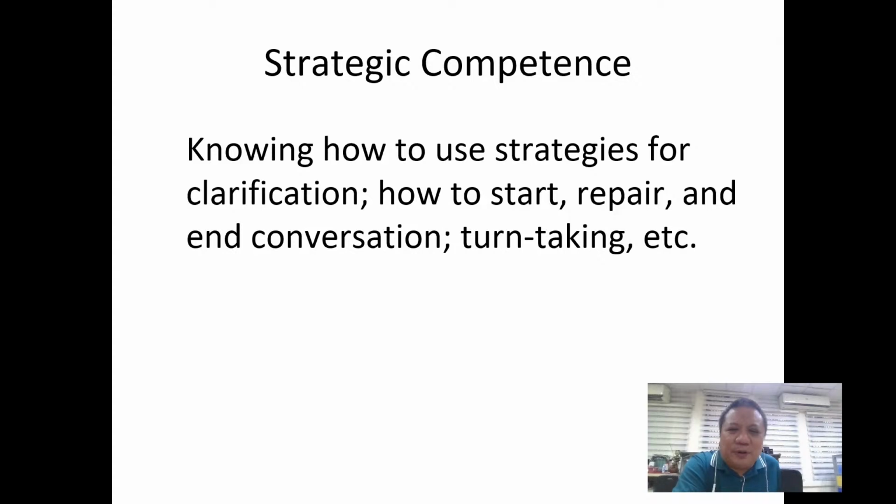Class, for example, during the time that I still did not know how to say pang ilang presidente si Donald Trump, this is how I would try to communicate. George Washington was the first president of the United States. How about Donald Trump? Okay, so that's an example of strategic competence, being able to strategize in order to communicate. So we have linguistic competence, sociolinguistic competence, discourse competence, and strategic competence.